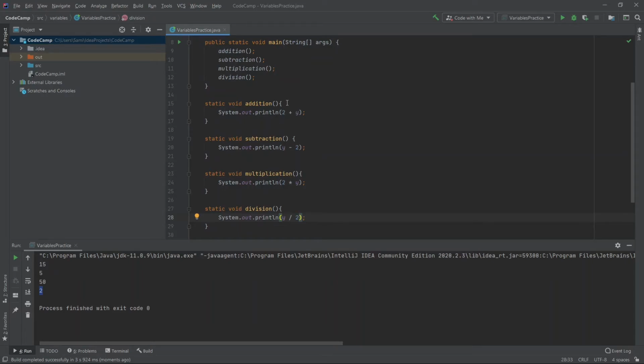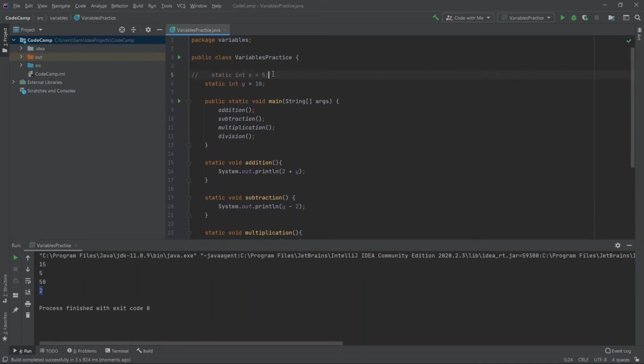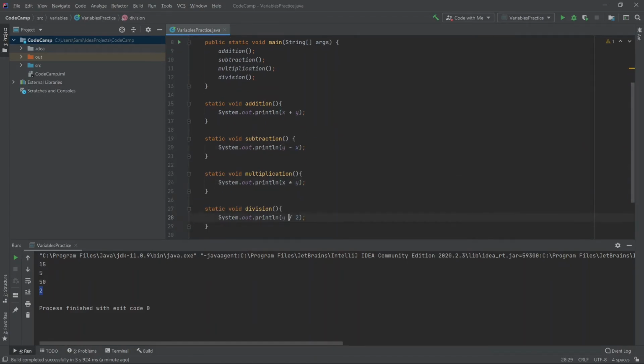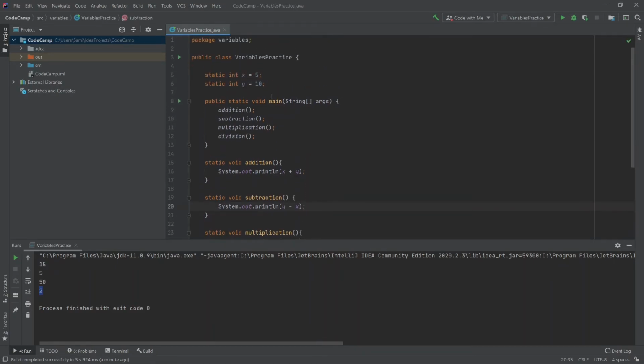So instead, let's re-enable this variable here and replace all these 5s with x's again. So if we need to change this number to 2, all we have to do is change it in one place. And now when I run this,